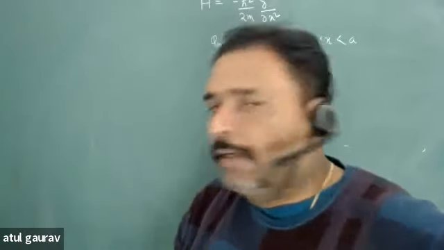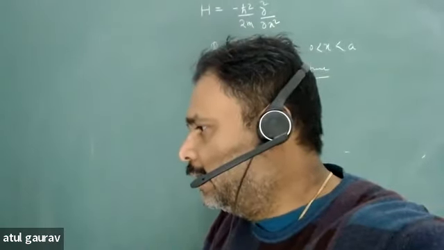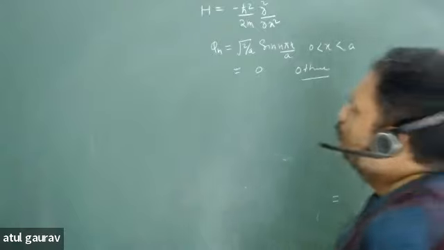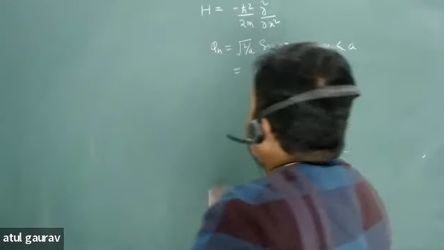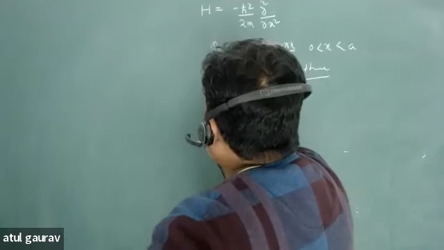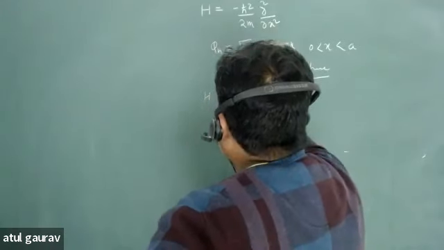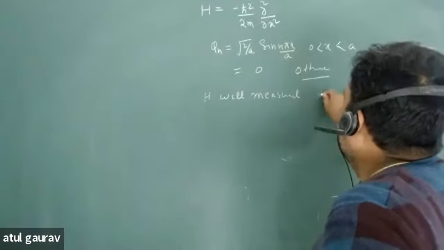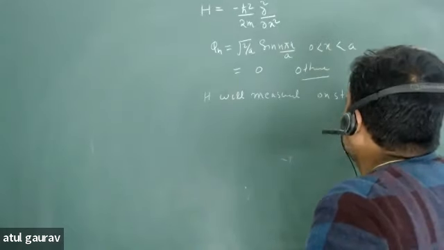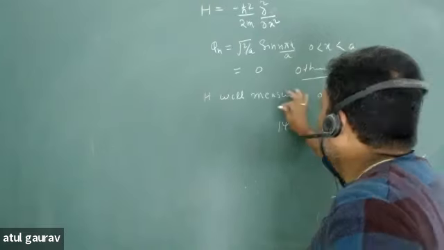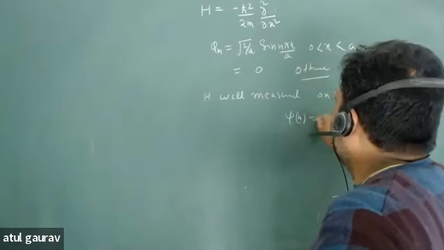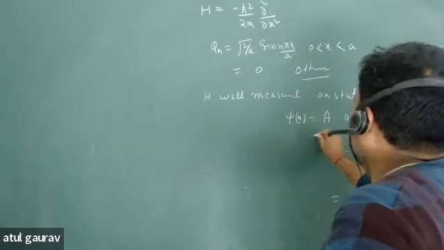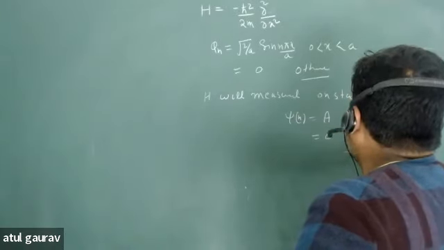ये Hamiltonian क्या है? Measurement किसका measurement है? ये energy का measurement है. So energy operator के साथ ये लगा हुआ है. ठीक है? Now, the question is that if H is measured on state psi, or I am writing in functional form, psi, that is a function where x is between 0 to a and 0 otherwise,